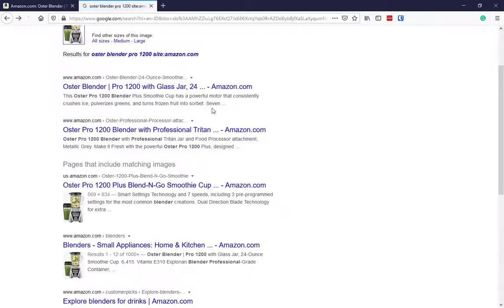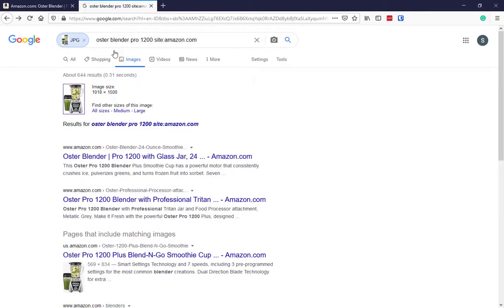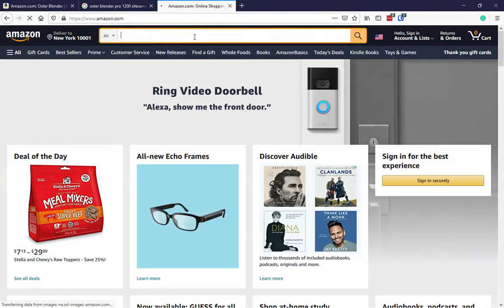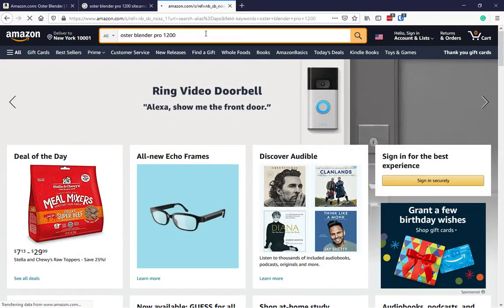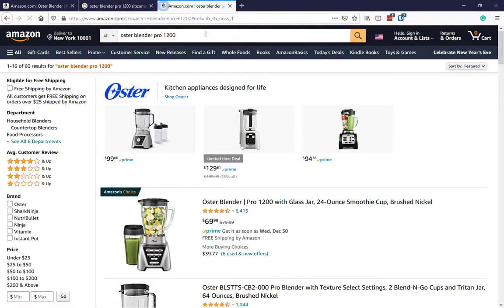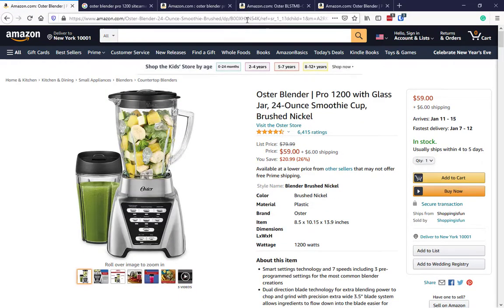Remember the keyword Google generated when we searched by image? We can also use that keyword to search on Amazon. However, since it is a broad keyword, we would get many unrelated products, as shown here. To search for the specific products and how many sellers are selling that product, we can use the ASIN